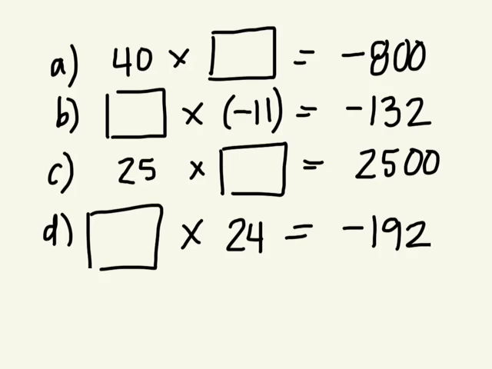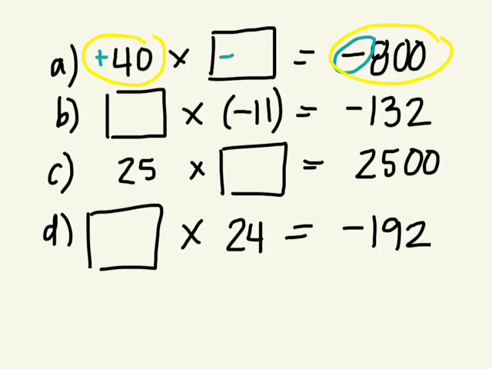First of all, we want to look at the signs. So we have a positive 40 times something that will give us a negative. So a positive times what has to be a negative? Negative. Good. So we automatically know that this missing number is negative. And I want to know what the missing number is. So 40 times something is 800. Well, what's the opposite of multiplication? Division, right? So if I take the result, which is 800, and I divide it by 40, I'll get the missing factor,